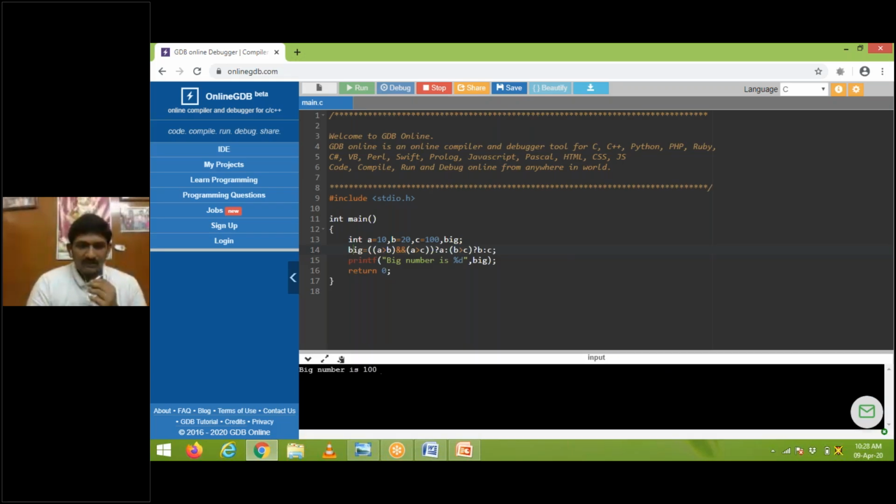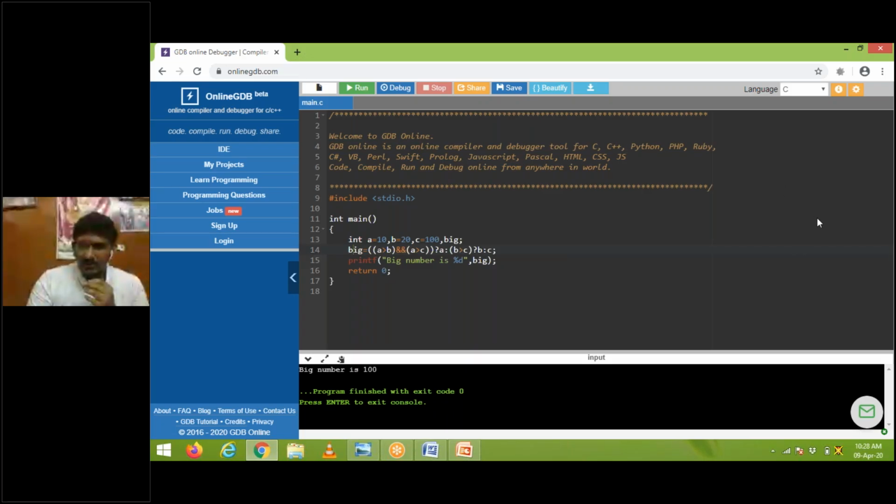So in the earlier case you wrote almost 14 lines of program, but here a single line. By using the conditional operator you can easily run programs like this. This is the purpose of the conditional operator, or ternary operator. This is a very important operator. So now we'll go to the questions.